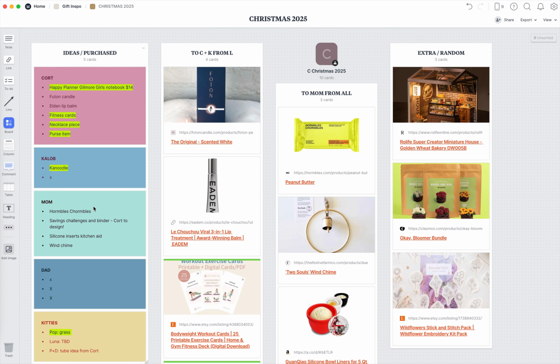I have been putting ideas in here of things that I want to get them. So for my mom, for example, there's 4 things that my sister and I have identified we want to buy her, but we haven't purchased anything yet. So they're just ideas at this point. Whereas for my sister, I have several ideas and I've already purchased several of the items, which are in green. So that's how I know anything that's in green has already been purchased,